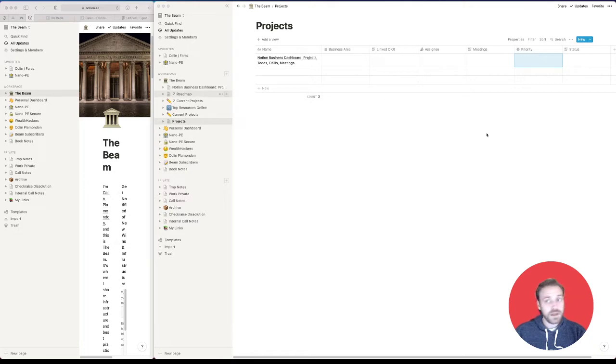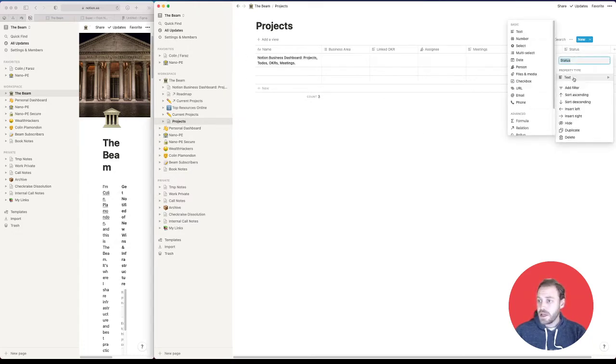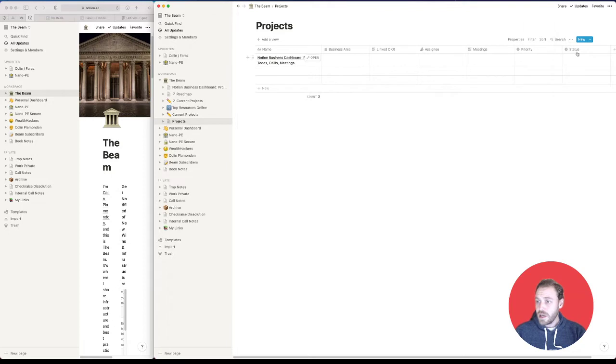So I'm just going to pull in the ones that I have from another project. And these have worked really well for me. We're going to have some statuses here. So we have "in progress" as one of the top ones, because when I'm sorting by status, I like to see the projects that are in progress at the very top, and then "on deck"